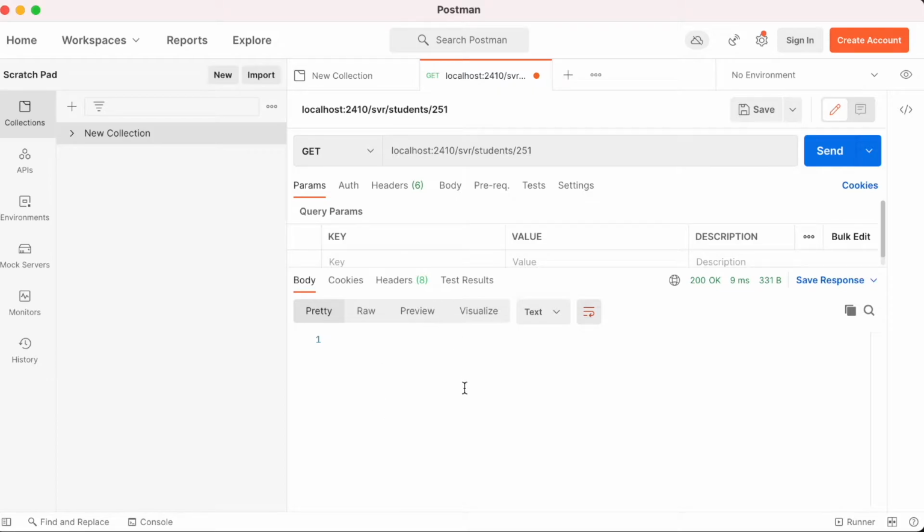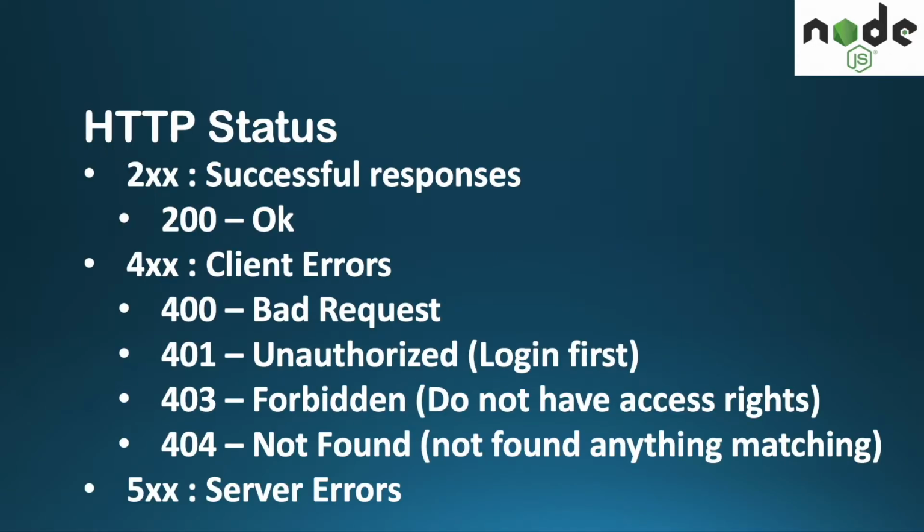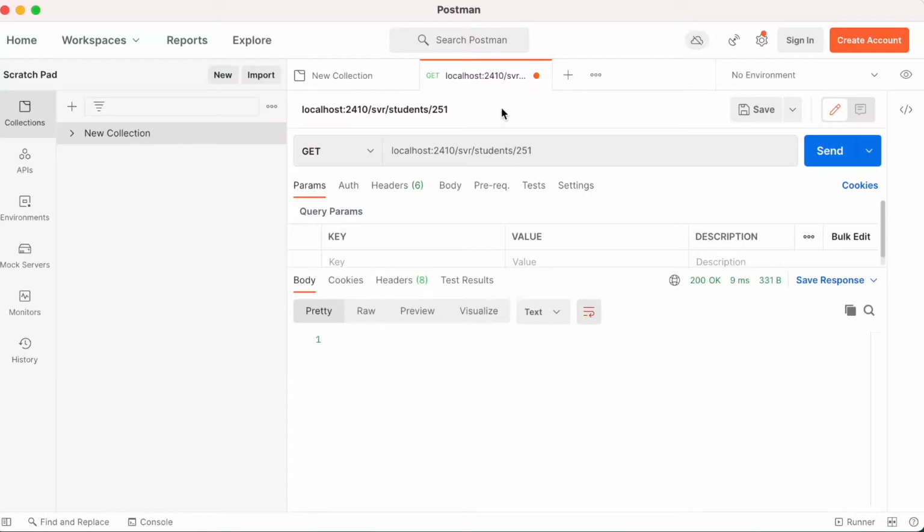So here we need to handle this error because this did not return it. So how do we handle the error? So typically the HTTP status for a successful response is 200 OK. So if we run it for say 19, you can see this 200 OK.